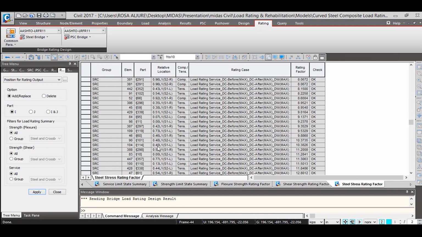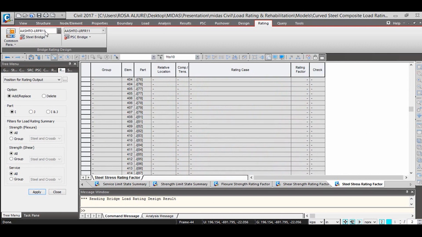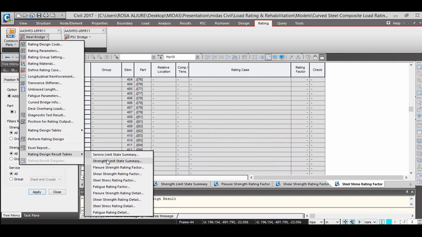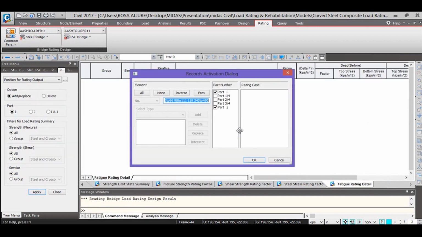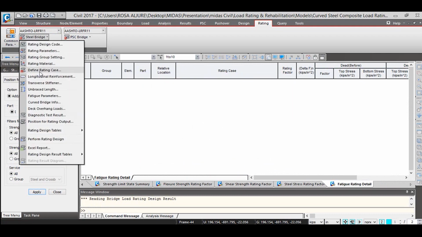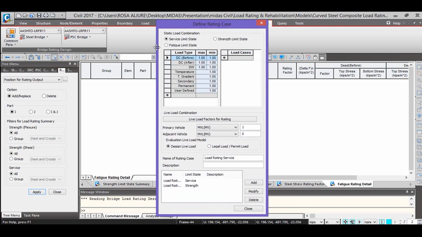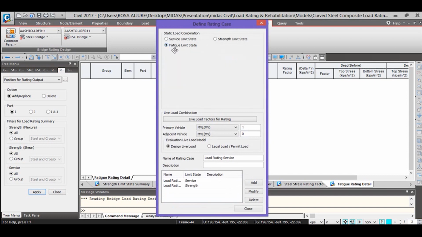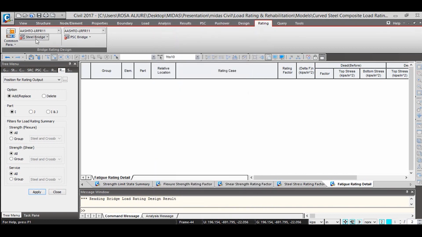All of them are okay, but just in case there was one not okay, then you will tell from here. Let's check the fatigue as well. But in this case I didn't create a fatigue rating case. If you want to, you can define it here, and then you can generate it in the program.